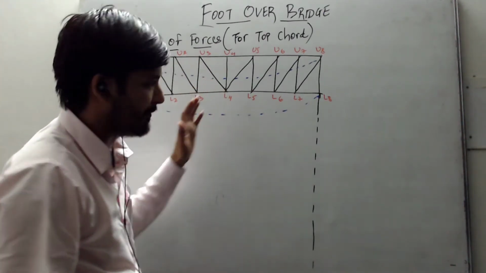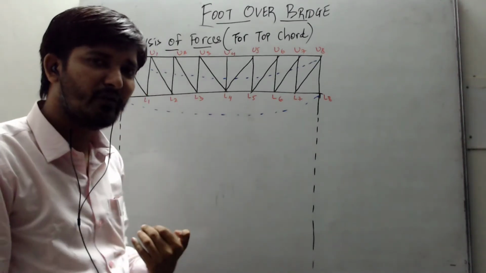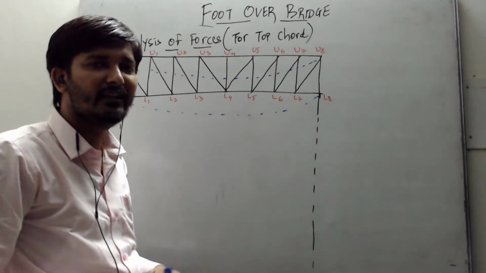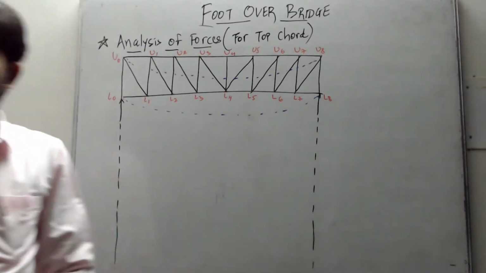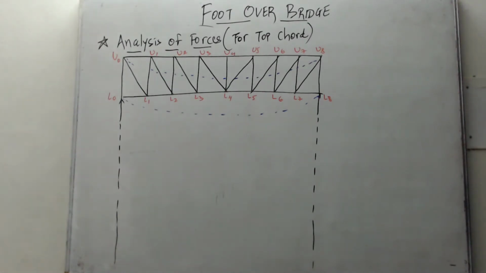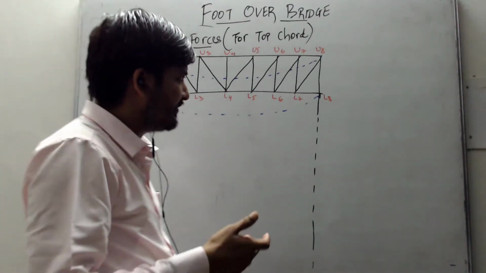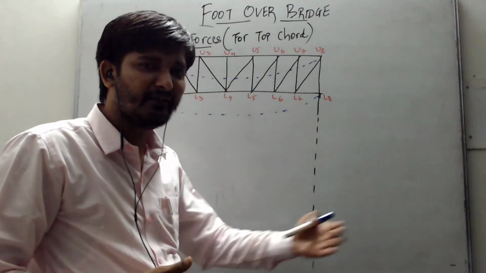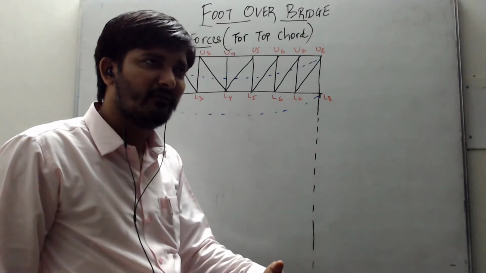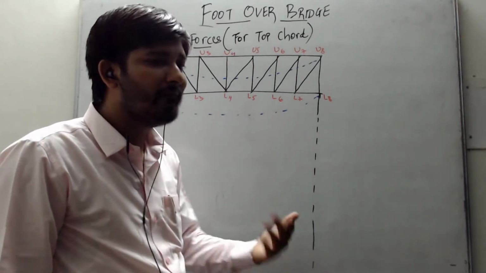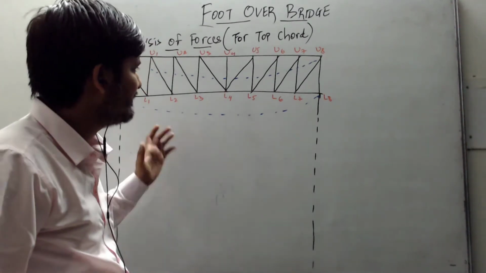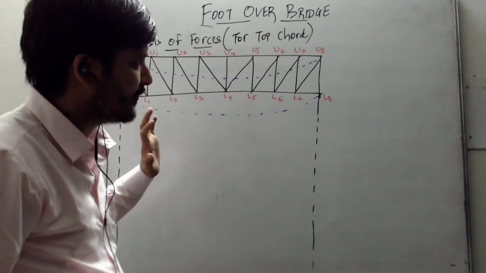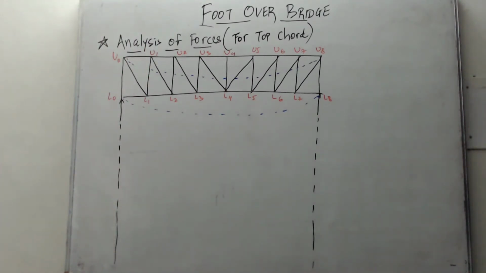Now the method that I am going to use for analysis of forces is the moving load method. So let us do that, because we are having this as a moving load. To analyze the moving loads, generally this is used. The bridges are used for the pedestrians, so those are moving objects, so the load will be a moving load. So the influence line diagram, ILD, this method we will be using for solving the forces. Now let us calculate the forces in top chord members.